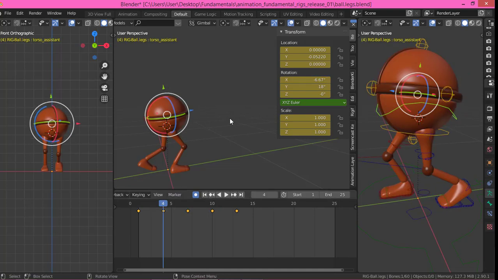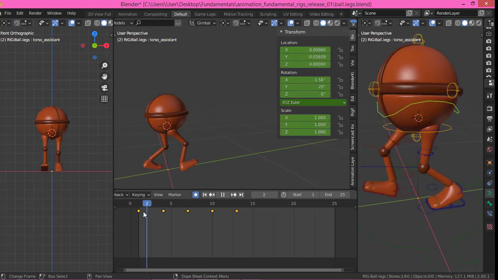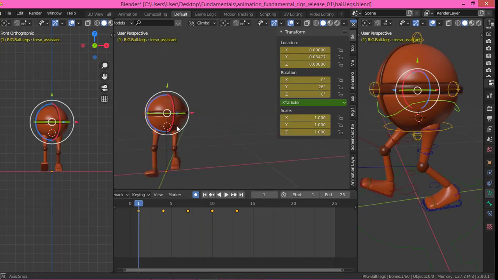So minus 6. Sorry, I forgot to say the keyframe. So minus 6, then 6. So I think that's it for the X-axis. Then for the Z-axis now,